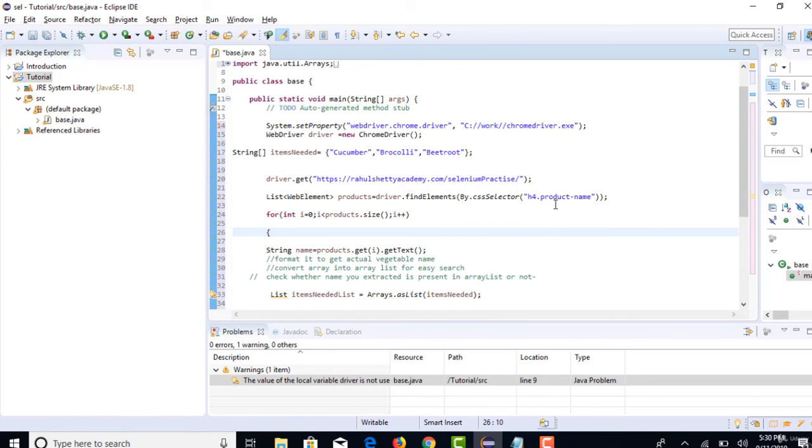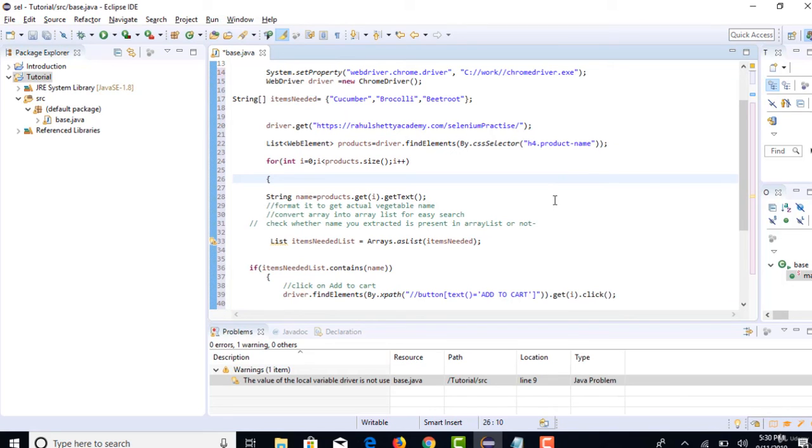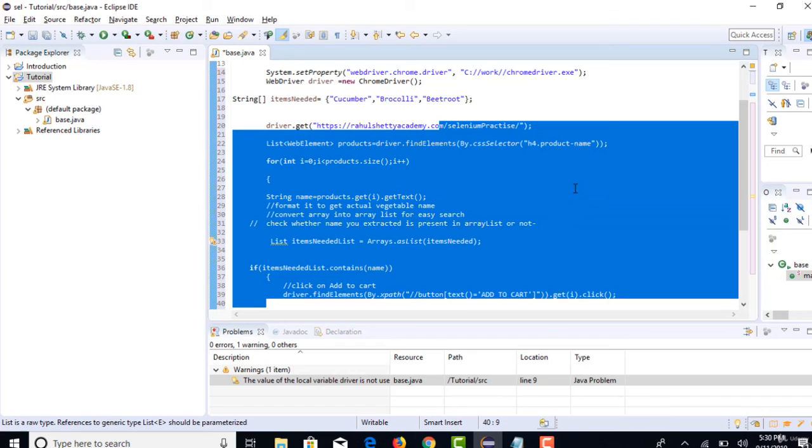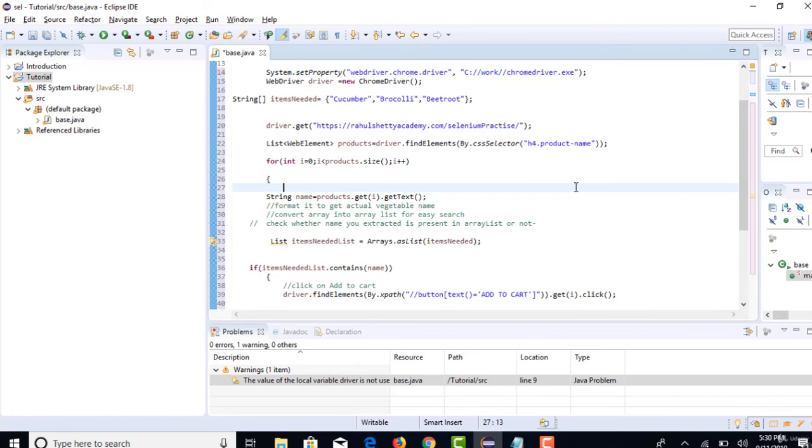So that's the reason I was trying to explain, so that you can correlate when you get this scenario in your real-time projects. Alright, so in the next lecture, let's see this formatting, and I hope with that we can conclude this scenario and we can run and see if they are adding to the cart or not. Alright, thank you.